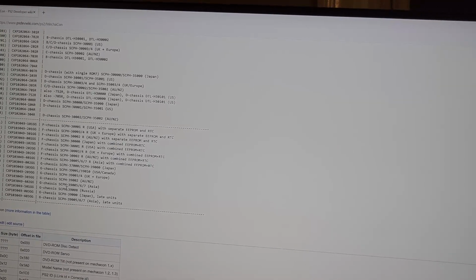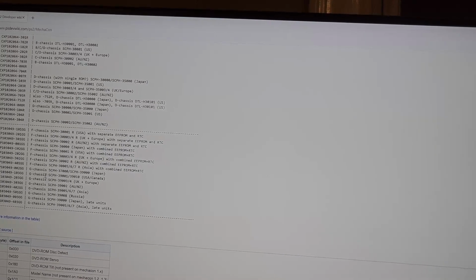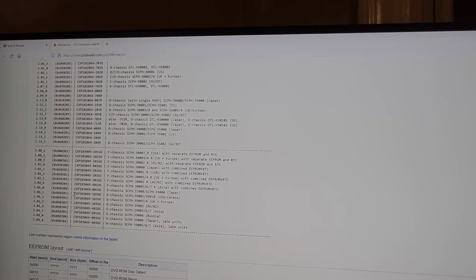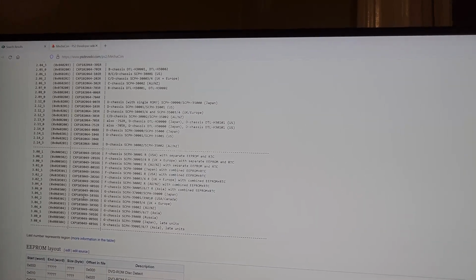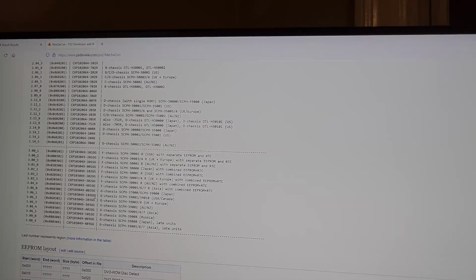For the US, the final revision of that Mechacon was SPXP10349-103GG. Okay. The 3001Rs were a 101GG. Because they had a separate